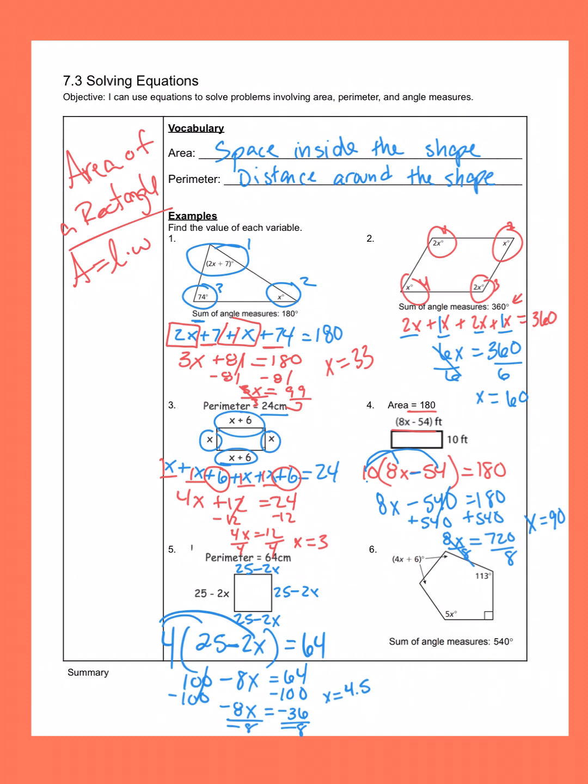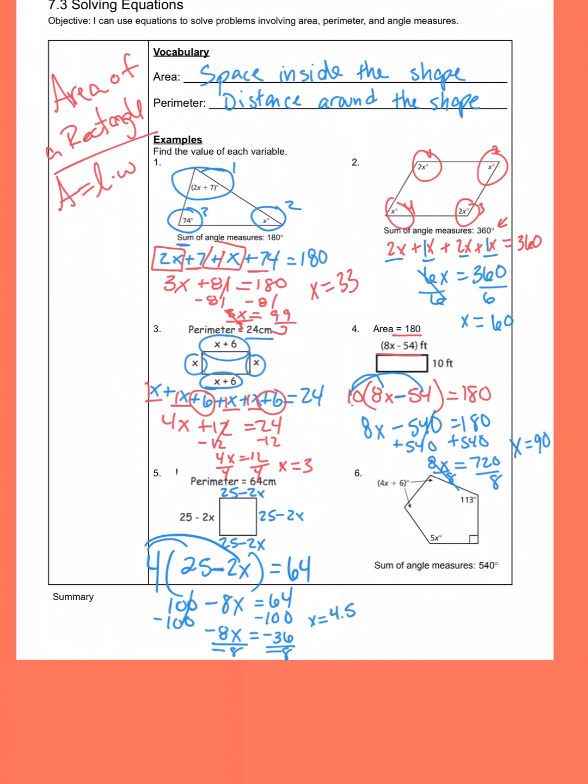And our last one, this shape says we have a sum of angle measures is 540. So I'm going to add up all my angles, and it's going to equal 540. So similar to what we did up in number 1 and 2. Let's start with this angle. I got 5x plus, let's do this one next, 113. Let's look at this one. When you see this symbol, this square in the corner, that means 90 degrees. So I got to add a 90 degrees